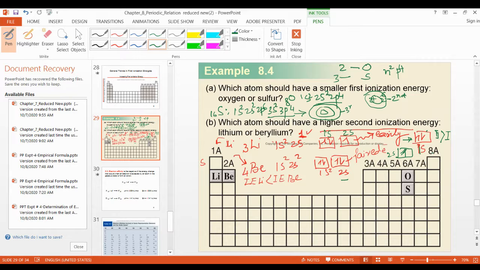Is it clear, second point, or do we have to explain again, please? Yes, I will write the second point here. The second ionization energy of the lithium is greater than the second ionization energy of the beryllium. This is the difference. The first ionization energy is for the first electron in the lithium and in the beryllium. This is second ionization energy for the second electron in both. I think this is the justification. I think you understand now.